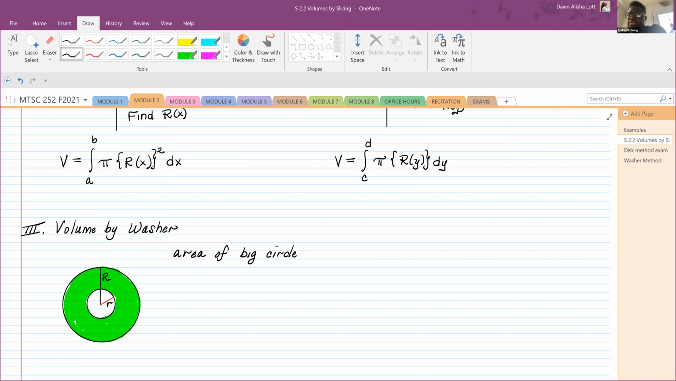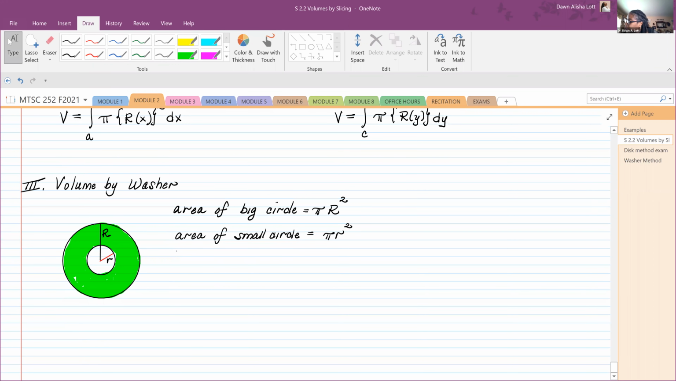Gustavo? Give it to me in the form of a formula. Is it pi r squared? Okay, so it's pi times the big radius squared. And the area of the small circle, that's just pi times the little radius squared. So therefore, the area of the green region